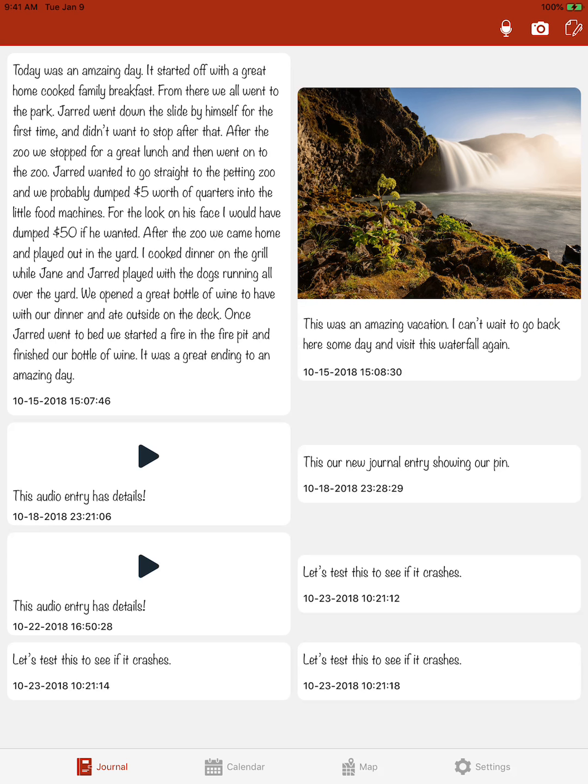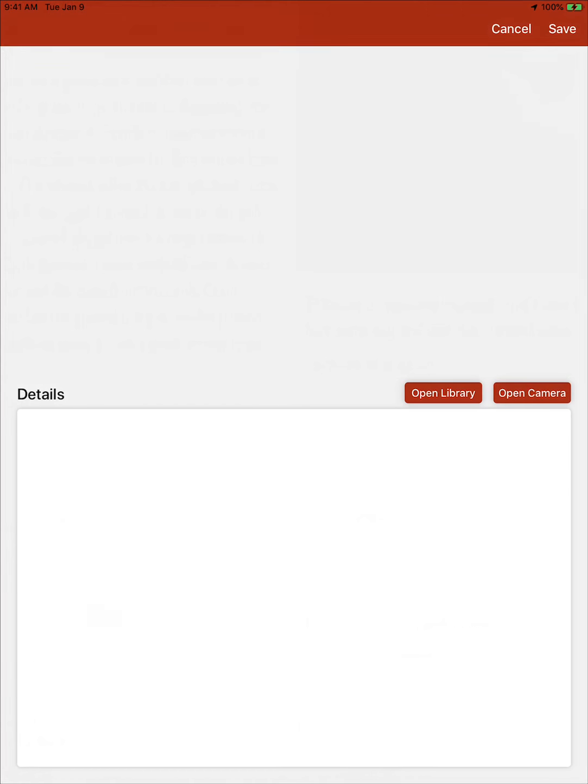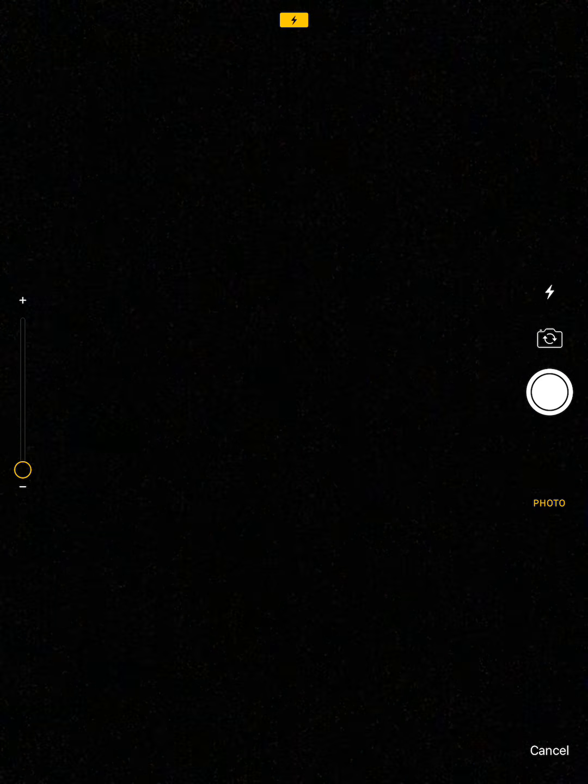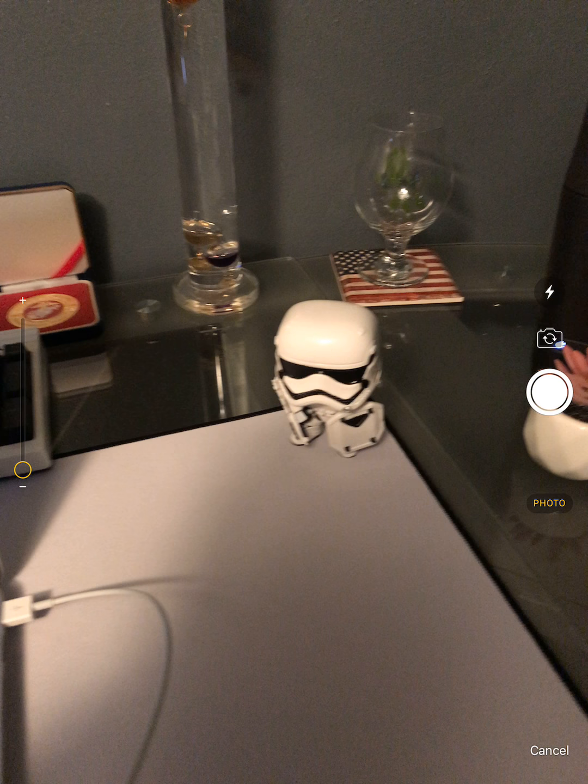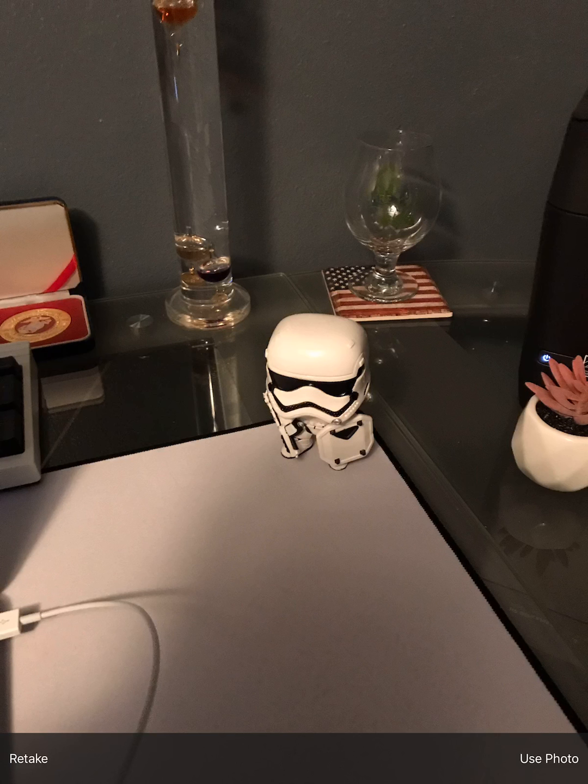So we have the option to do text. We also have the option to use our handwriting if we want to do that. We have the option for photos. We can either use the photo library on the device, or we can open the camera. If I wanted to open the camera, I could go ahead and just open this up, take our picture, use our photo,